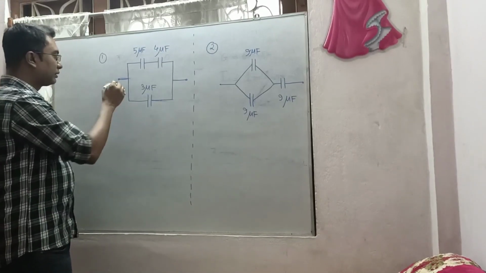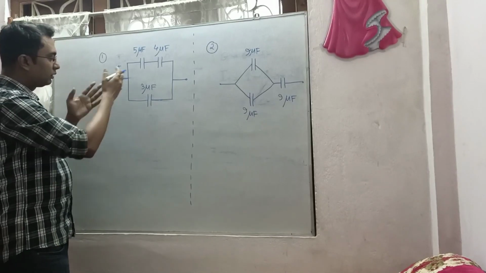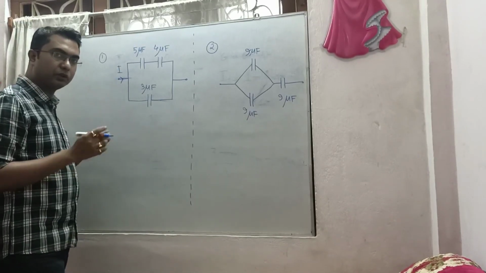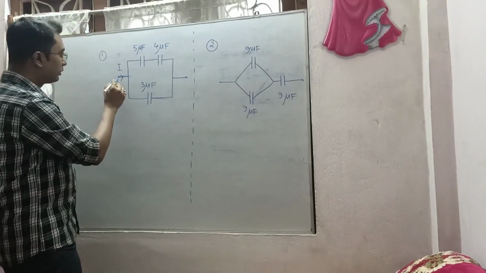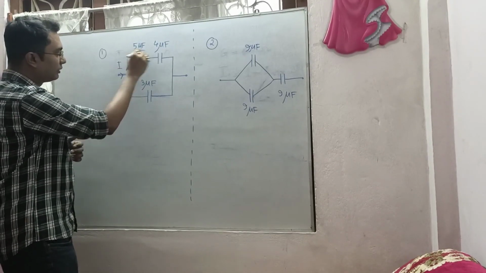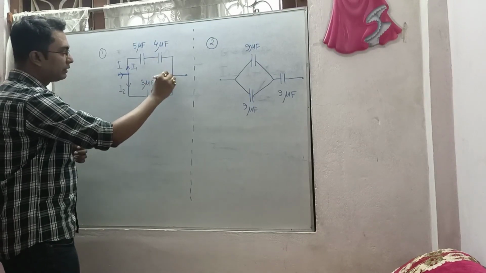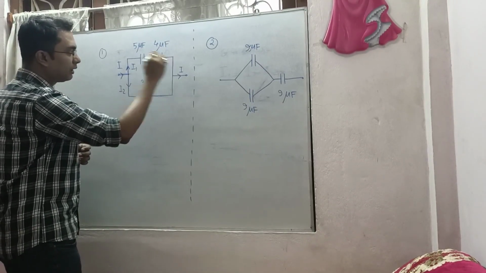For all the numericals, you have to send a current through the combination I. You can do it on the board or on the copies, or you can do it in your mind also. Now you see, when the current will go there, it will be divided into two parts. I1 from this path and I2 from this path. And then again they will meet here to produce I.